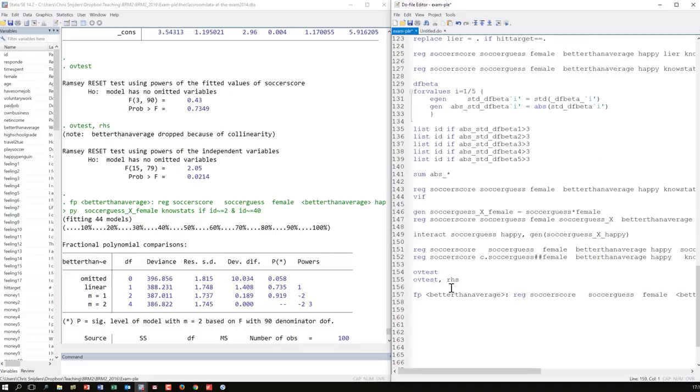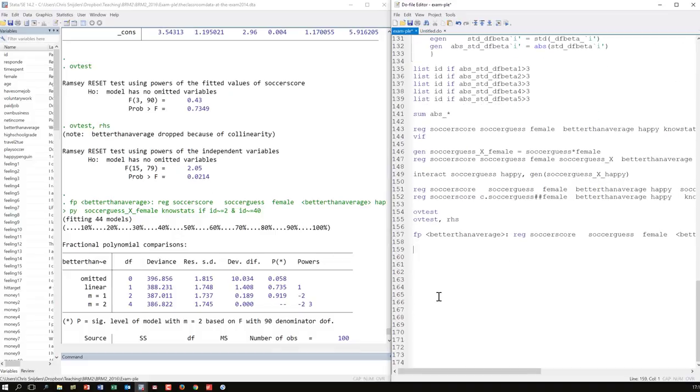And I start with the testing of my assumptions. So I go through the list of all the assumptions that I have, normality and heteroscedasticity and what have you. And then I see what comes out. And at this point, when I've basically tried all the interactions and transformations that I could try here, if I would find that, let's say, 4 of the 5 assumptions, in fact, are okay here, I would simply stop and say, okay, I see here that the OV test has given me some trouble.